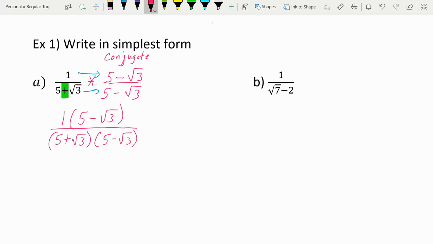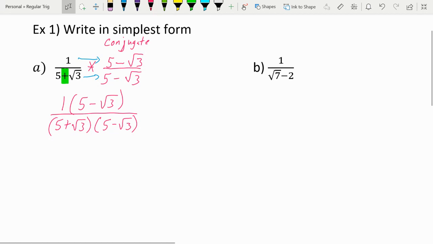So I'm multiplying by its conjugate. Now what happens when I distribute that 1? Nothing changes. So I have 5 minus the square root of 3